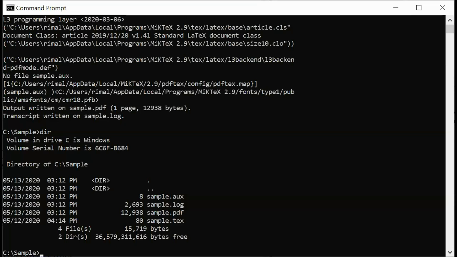So someone has another question, what is the difference between Word and LaTeX? Okay, Word is what you see is what you get. You type something and you will be able to see everything. But in case of LaTeX, you don't see; you will type only the content. That is, you concentrate mainly on the content. Formatting, everything will be done by the compiling. So in case of Word, you have to concentrate on the content as well as on the typesetting, that is the format of the document.